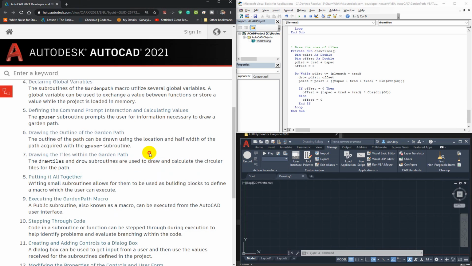In the code window, click at the End Sub statement of the Row subroutine, press Enter twice, and put in the code. And save the project. And that's it for drawing the tiles within the garden path, which is